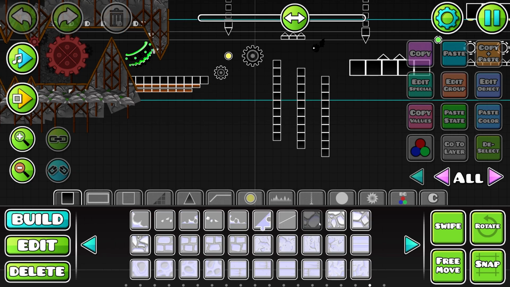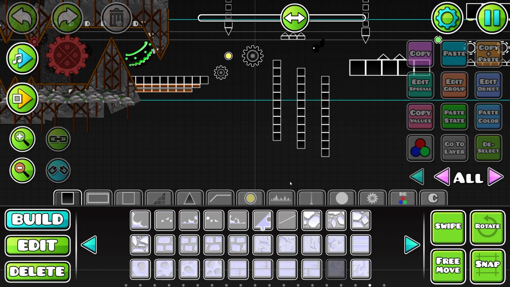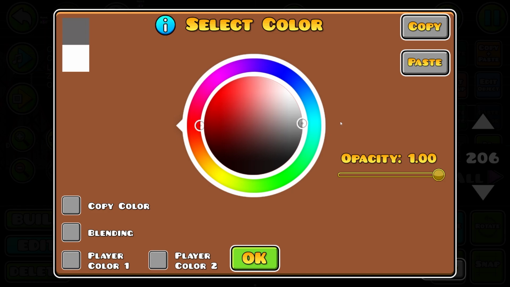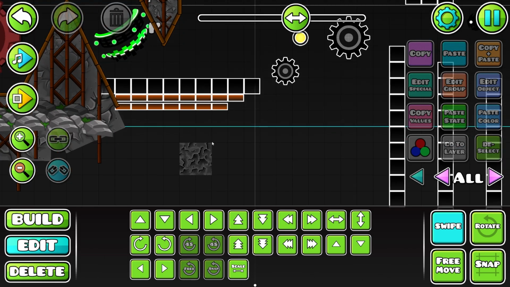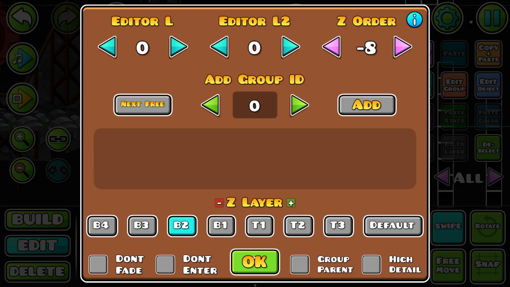I'm either going to use this one at the top or the secondary one. I'm not sure though. We're probably going to use the secondary one for the example. What I've been doing is making them all the same color. So for example, this is 206 and making it color 4 to give this nice little detailed color right here. And what you might notice is when you scale it up and copy paste it and layer it below it,